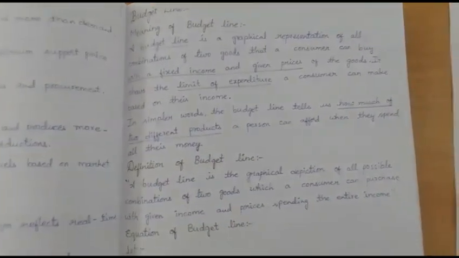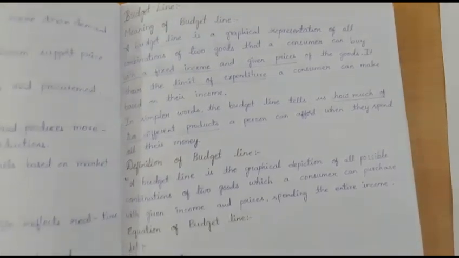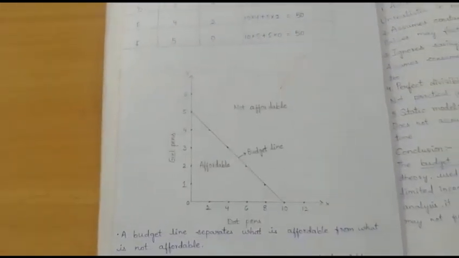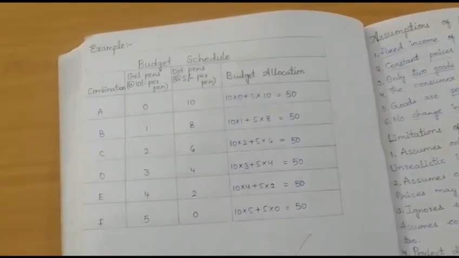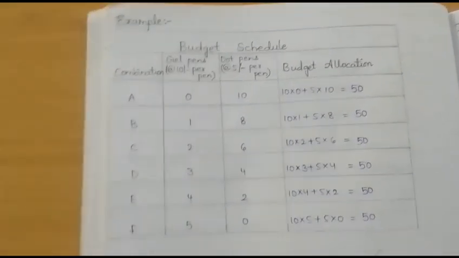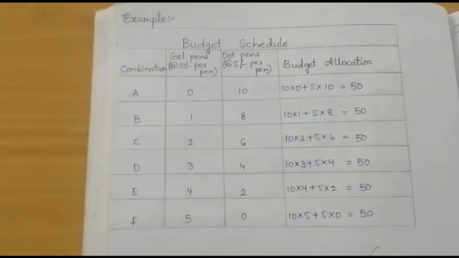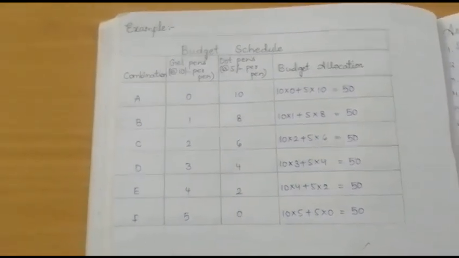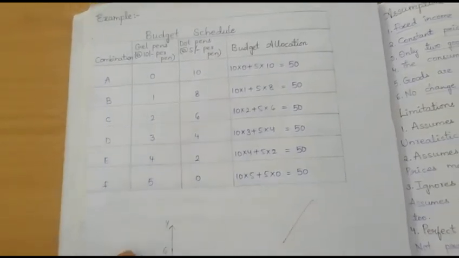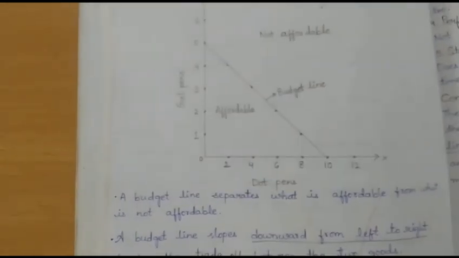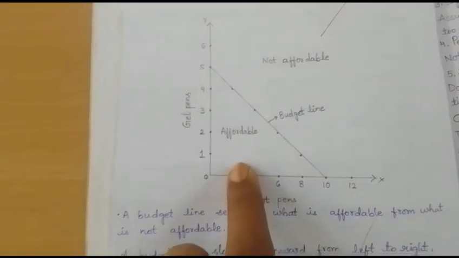Next important concept is budget line. This is the budget line. It is much like our indifference curve. In indifference curve we did consumer analysis, and now budget analysis. Say you have 2 different kinds of pens. Which kind of pen will give you more satisfaction with your available budget? This really helps a business in deciding which project is better and where the amount needs to be invested. Whatever is under the budget line is the affordable area, and above that is the non-affordable area.